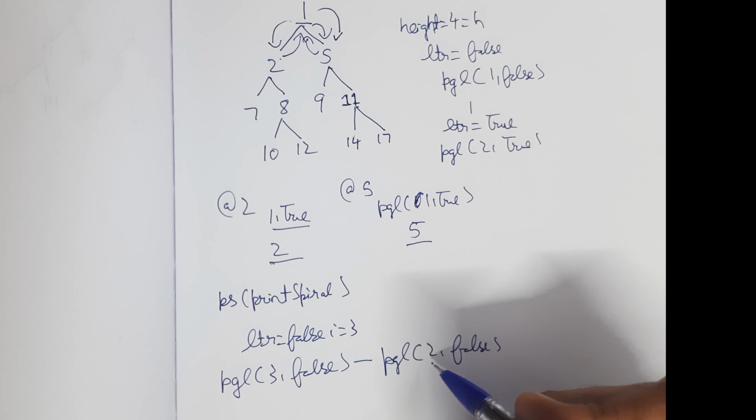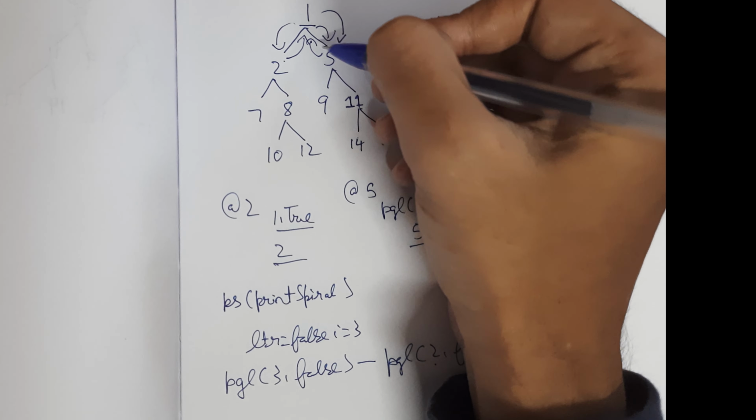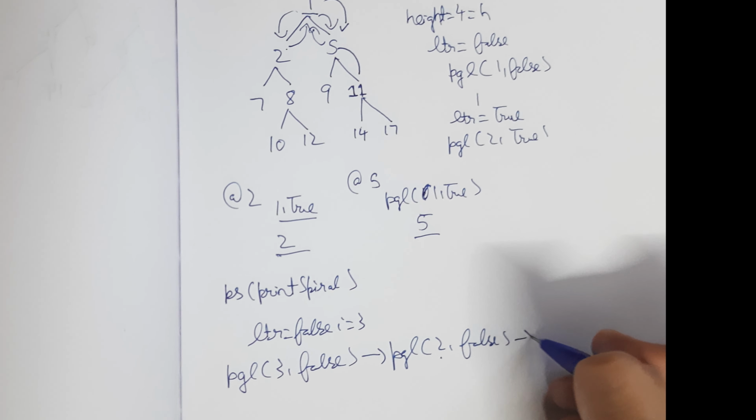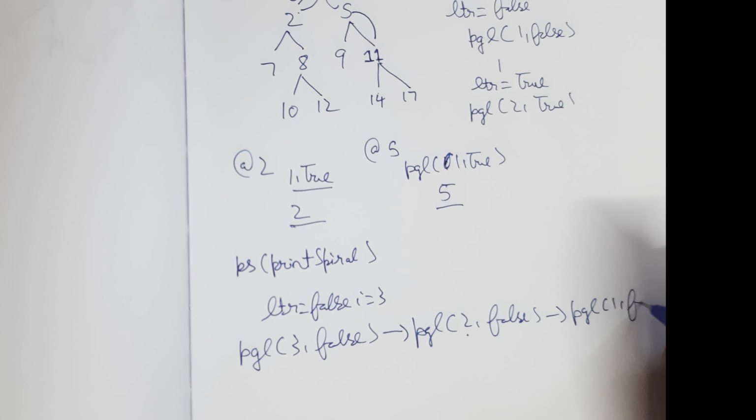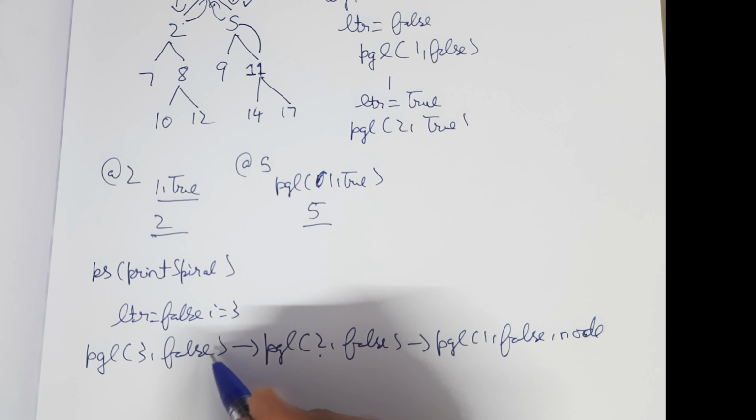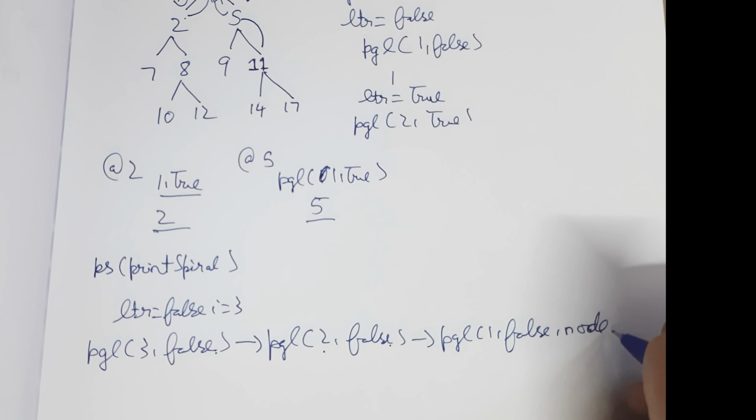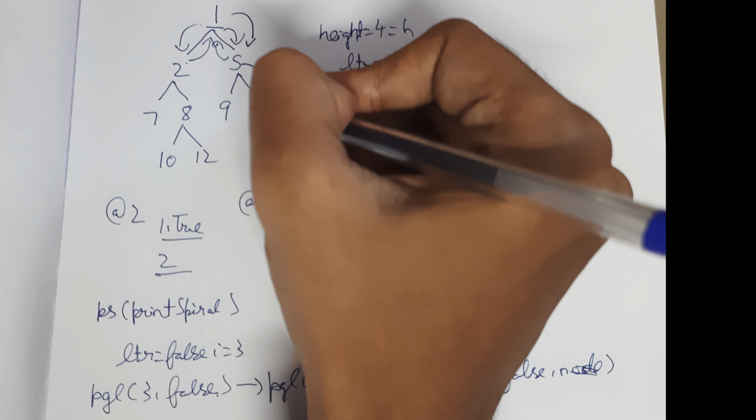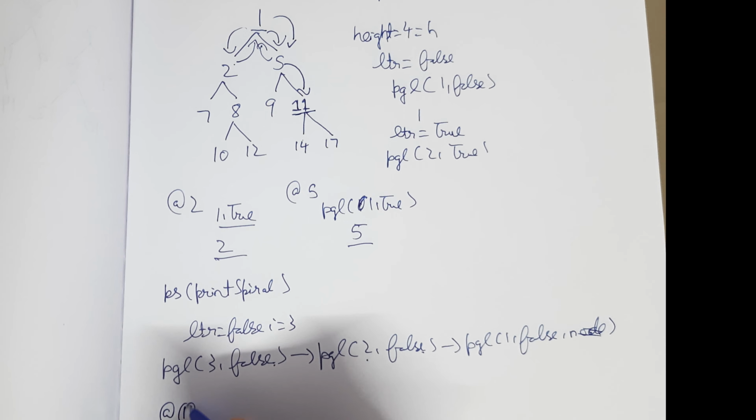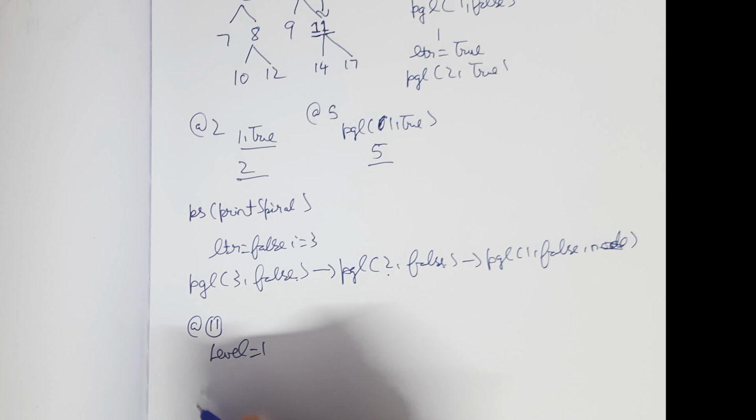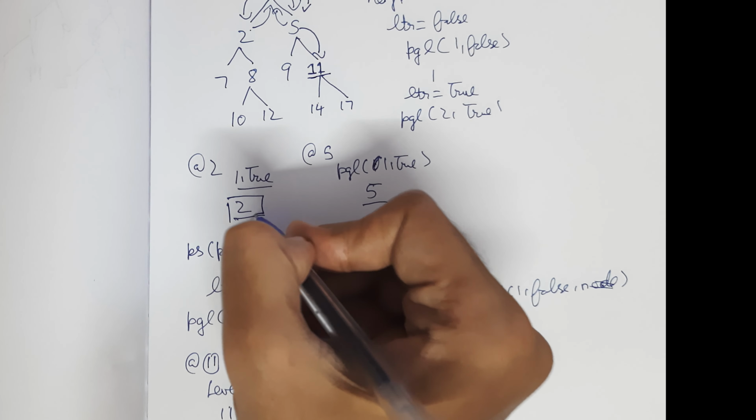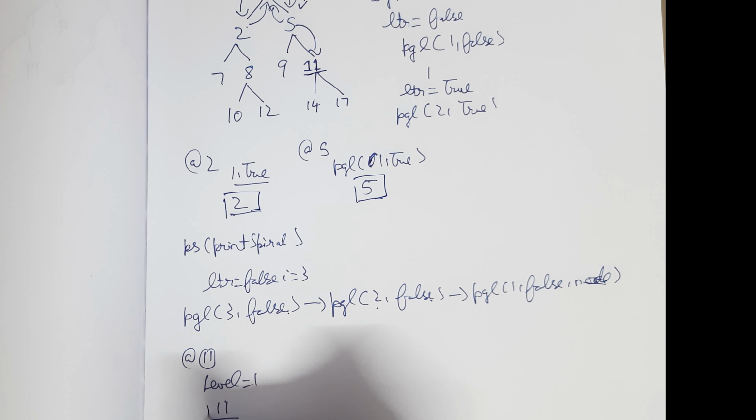Since the level is now 2 and the value of LTR is also false, we have the traversal as PGL of 1 comma false, and the third value will be the node value, which is going to be node dot right, node dot right dot right. So we have the node stopping right here. At this point the level is 1, so at node 11 the level is 1, so that node is actually printed in the output. So this is the first value in the third level that's printed,